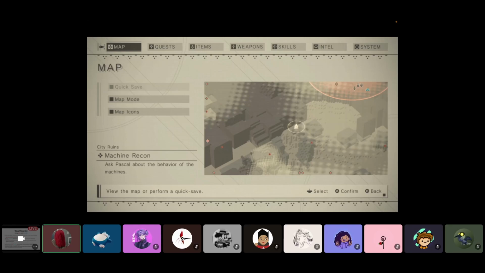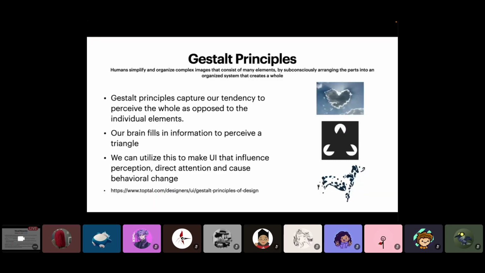If the line is, you can't see my cursor, but if the line is right at the border where there's a map, you can kind of see the center of the screen, or where they drew the line within the UI. You can count the elements, each button, and you can see that there's an even amount of buttons on each side. There's also the Gestalt principle. So it is basically